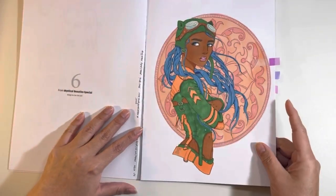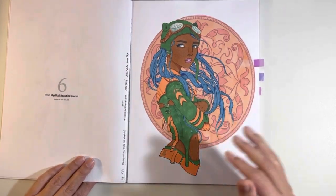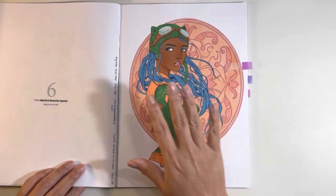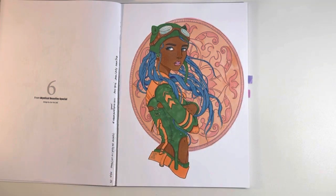And as you can see, it's starting to come apart, and that's fine. I don't like my book or my pages floating in just binders or whatever, so I'm just going to tape this together. But this is the first page that I completed out of this book, and it's the reason why I wanted to pick up